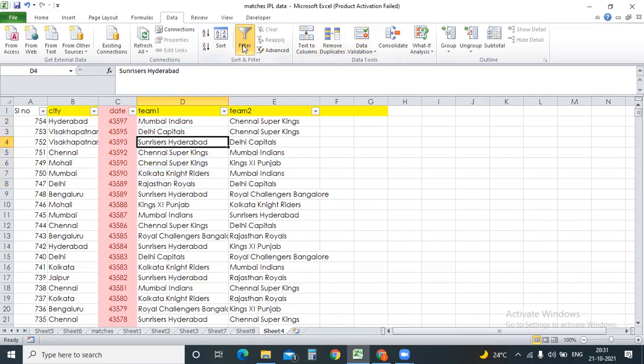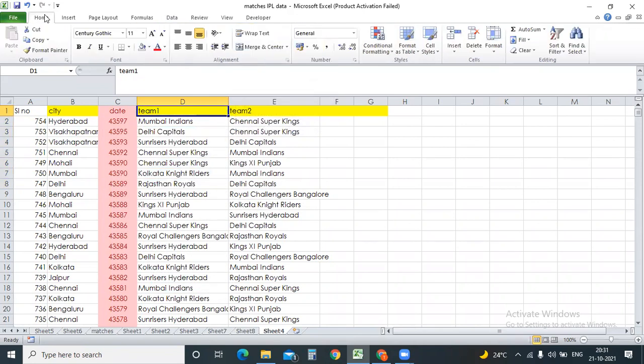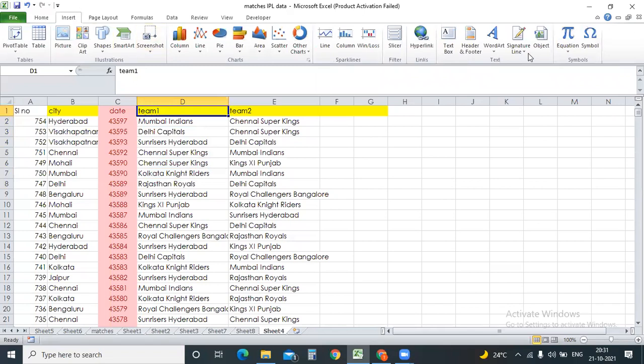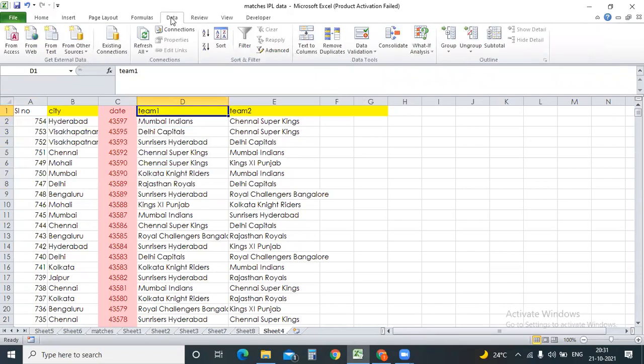Can I move to the next topic, guys? Okay, sir. Okay. If you want to remove the filter, again click on the filter option. So ideally in Home, you can see this filter option over here. I think we had a discussion earlier about this filter. The same option appears in multiple places, because Excel is interrelated across multiple ribbons. Sometimes whatever option you see in one tab, you can see in some other tab also. Okay, there are multiple options. Now we are in Data.